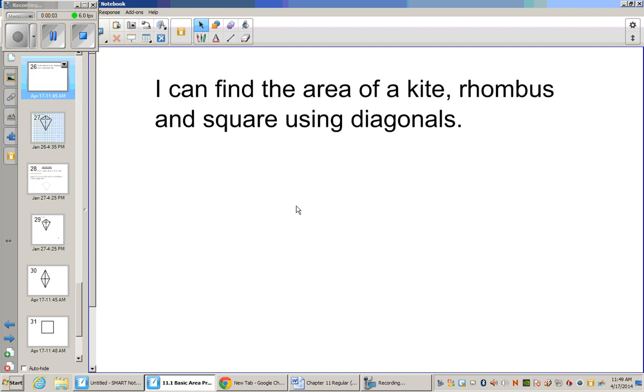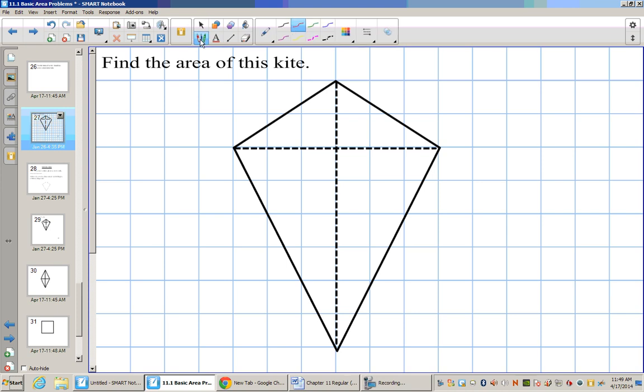Hello. Today, hopefully by the end of the lesson, you'll be able to say I can find the area of a kite, rhombus, and square using their diagonals. Now first, if you look at this kite, usually we'll get this diagonal, which is 1, 2, 3, 4, 5, 6. And this distance here, which is 1, 2, 3, 4, 5, 6, 7, 8. So we have the diagonals